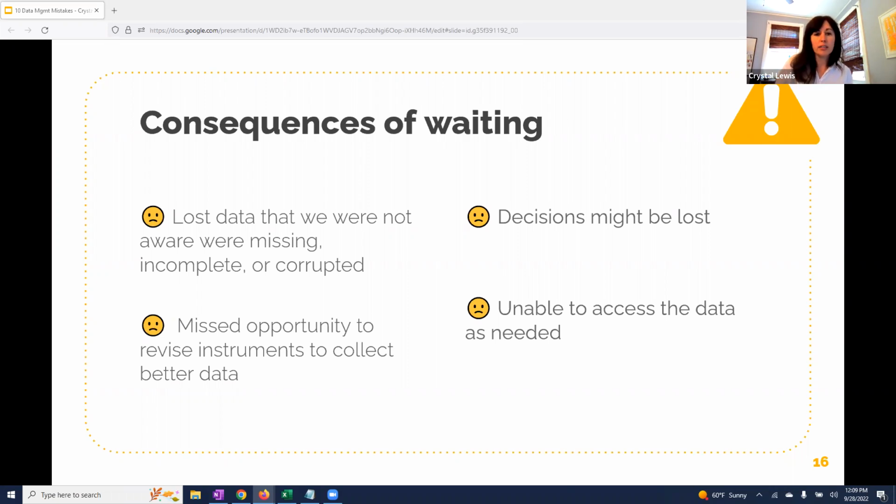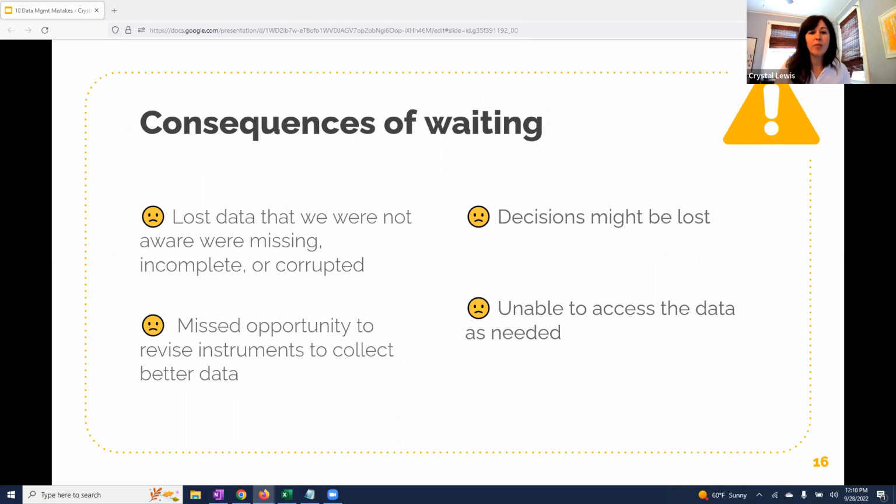Another potential consequence is the missed opportunity to revise our data collection instruments to collect better data. Maybe we see at the end of data collection that one of our survey questions asking age did not restrict entry values in any way. And now we have entries that are text or out of range values. Maybe an elementary student said they were 70 years old and they meant to say 7.